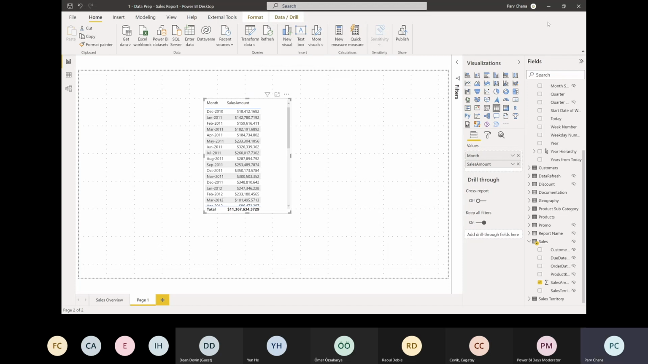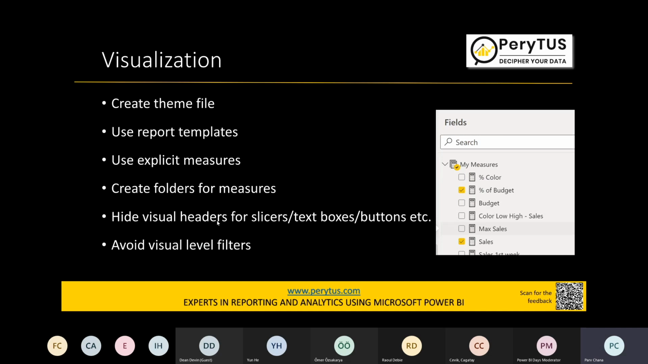One other thing which I really like to talk about is hiding visual headers for slicers and text boxes. Sometimes I've seen there are a lot of visuals, and